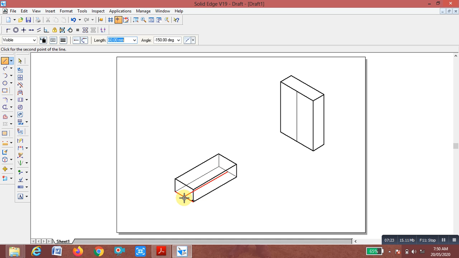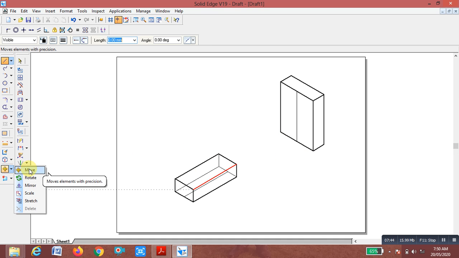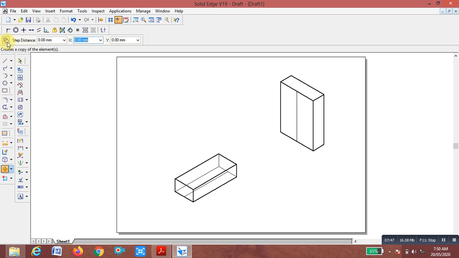Okay, now we want to join these two solids. We can use the move command. You can move this component so that this center coincides with this center. I am going to use the move command. Move, copy on. No need of copy on. Just use copy, move this component. Select the whole component, click on the center, then move and place it at this point.